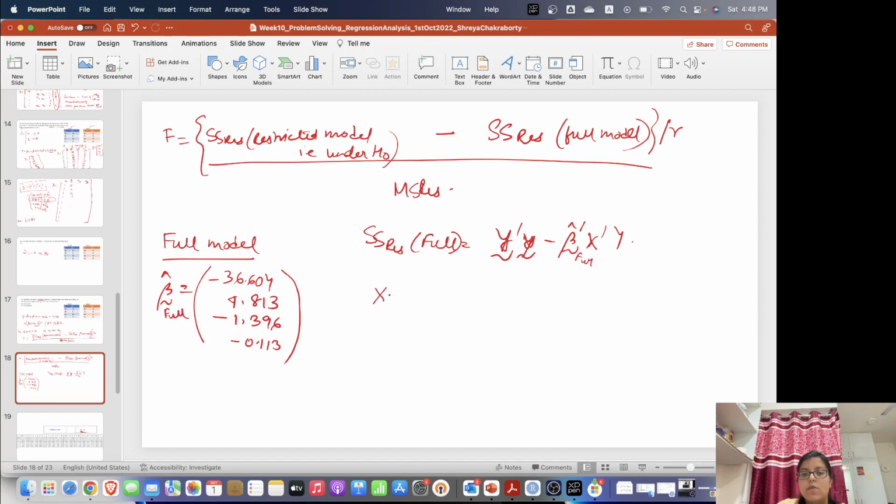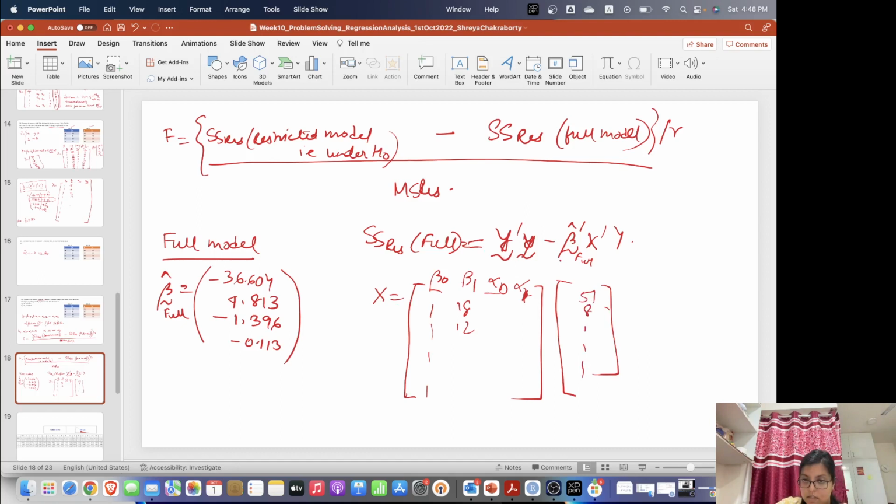And X was all this: all 1s in 18, 12 for beta 1, for alpha 1, so alpha naught, alpha 1. So this was our X. We would simply compute, and y was whatever y we had, 51, 8 and so on and so forth. So substituting this y transpose y minus beta hat, that is this beta hat, times X transpose y, we would obtain